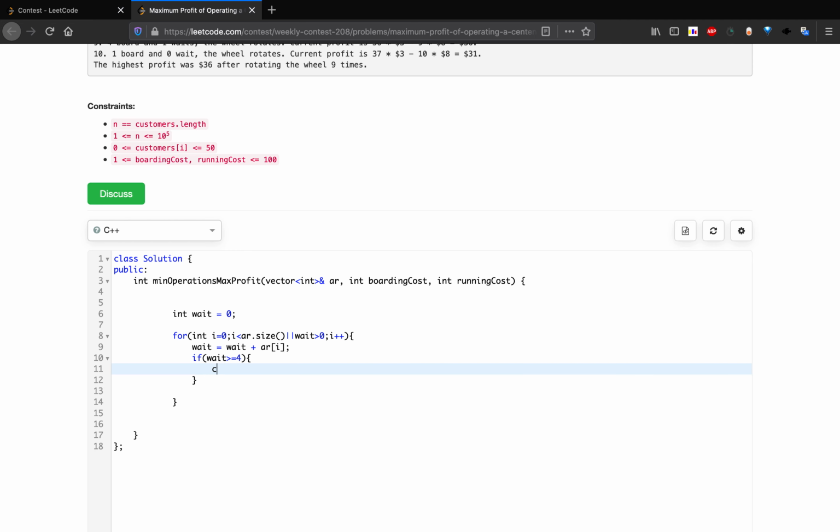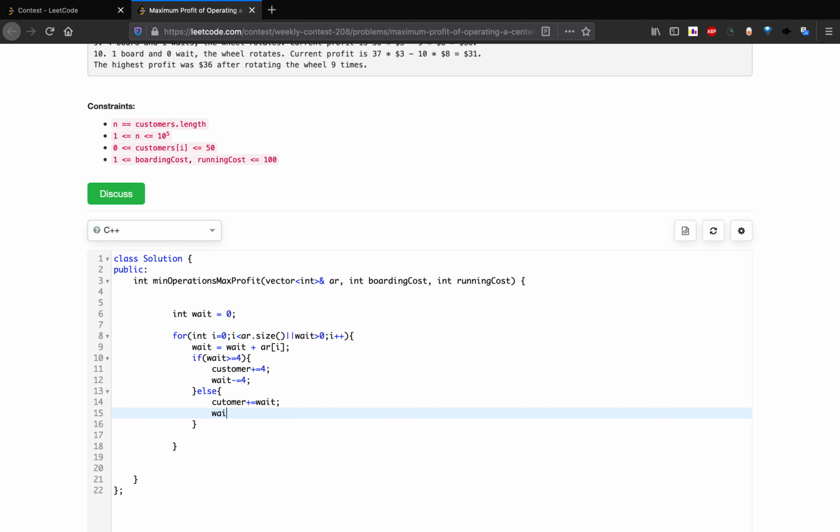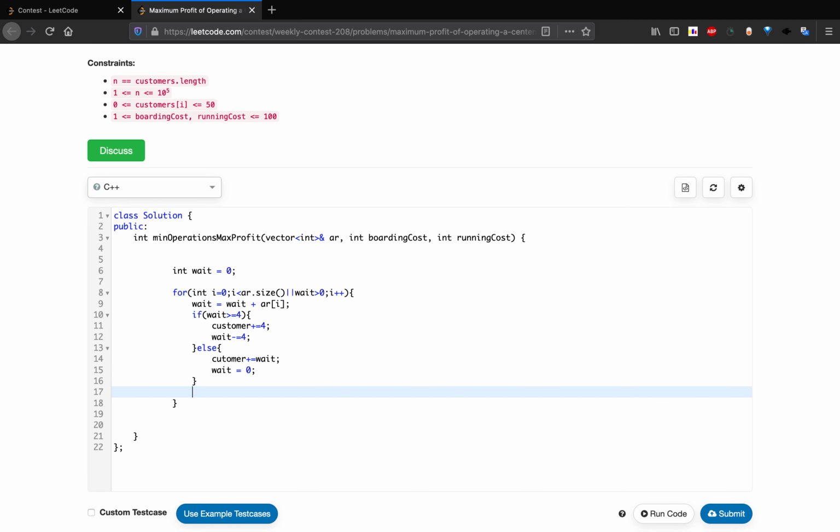Let's take this variable as customer, so customer plus equals 4, and our waiting variable should be decreased by 4. As it is less, we will increment our customer count by wait, and we will set wait equals to 0.